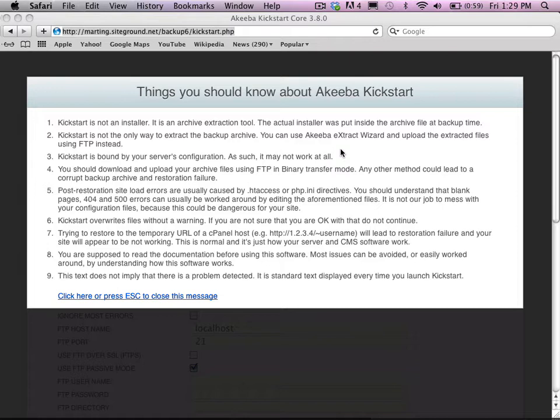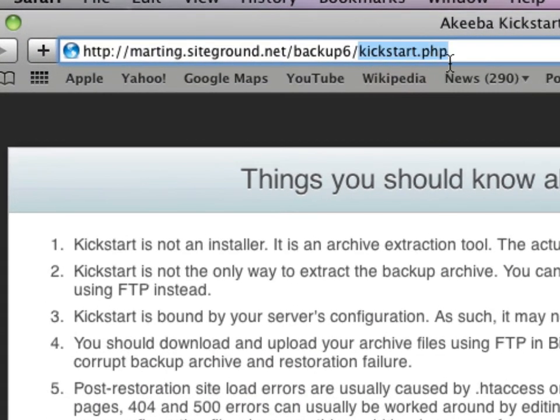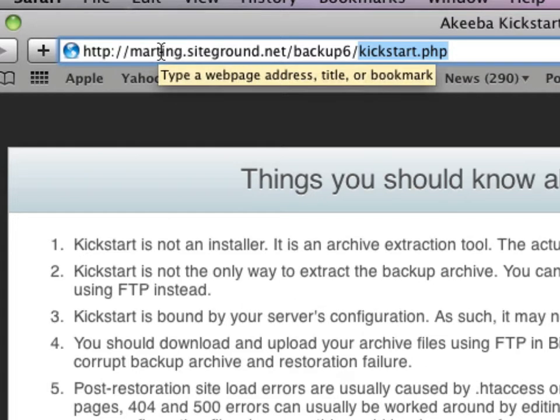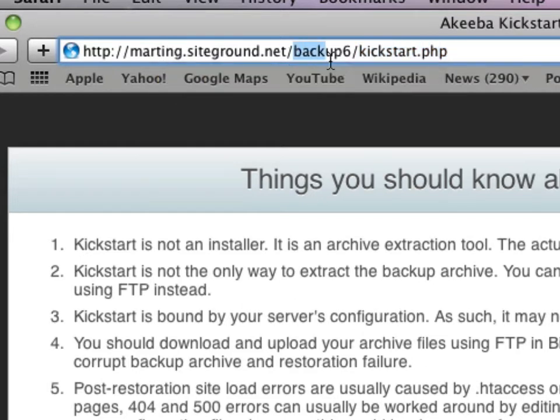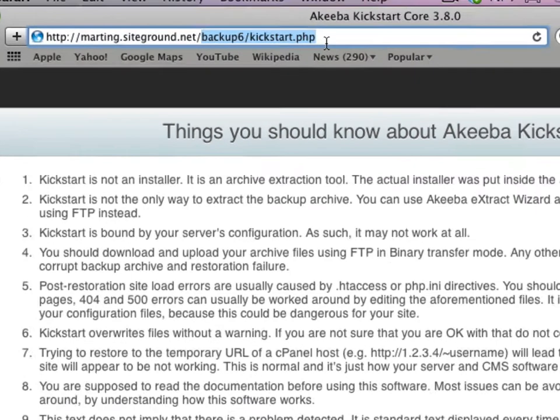The process involves creating a new folder in the destination where you want to restore your website, and then placing in that folder two files, Akeeba Kickstart.php and your JPA file that was created when you made a backup using Akeeba Backup Core. So the first step is to point your browser to the location of your Kickstart file. In this case, it's on my remote host, hosted by SiteGround, in a folder called Backup 6. And I've placed a copy of Kickstart.php there, and I've pointed my browser to that file, and I get this